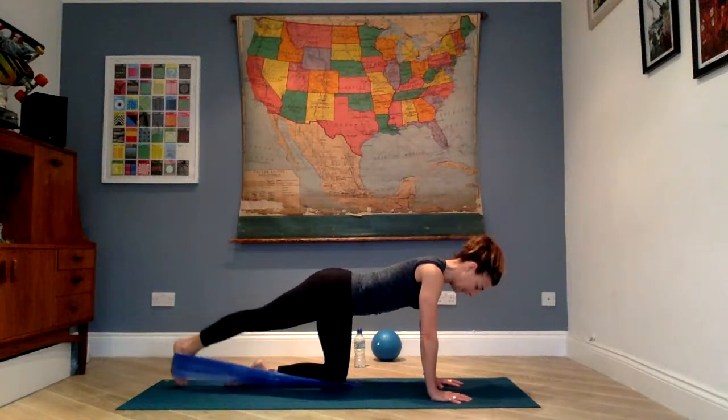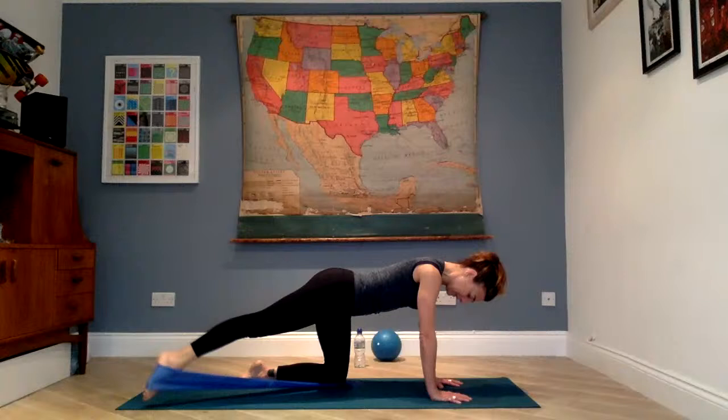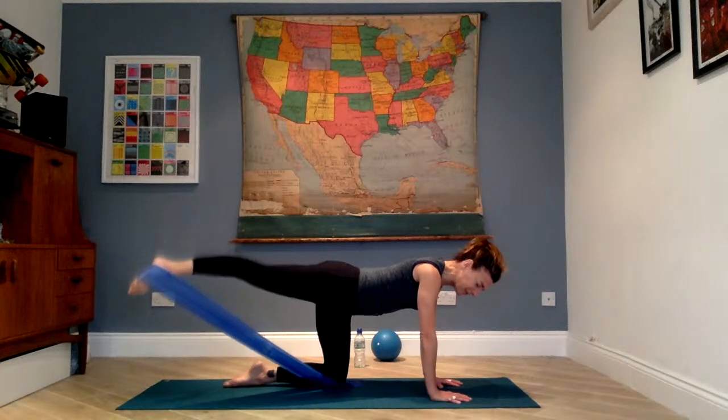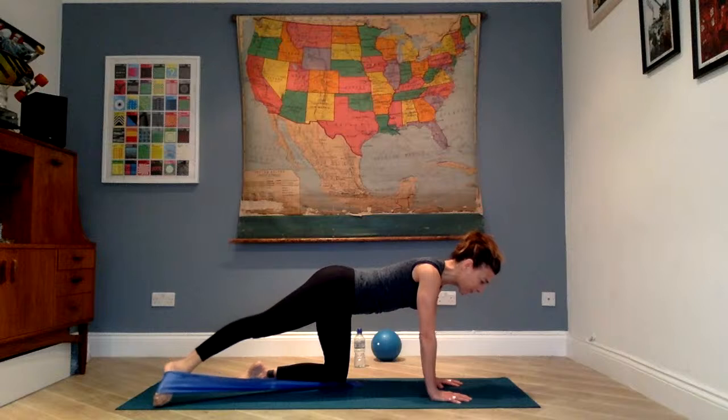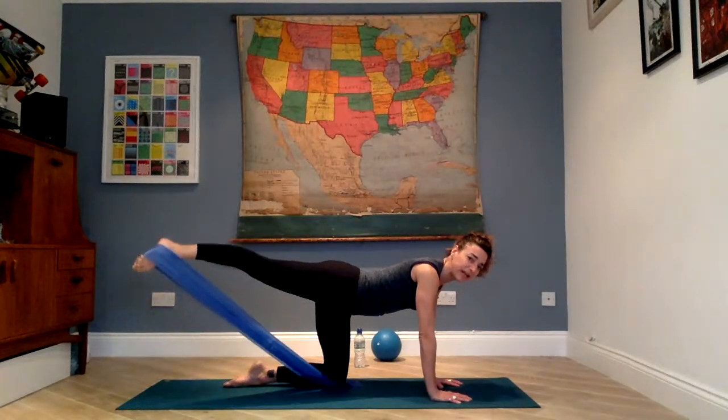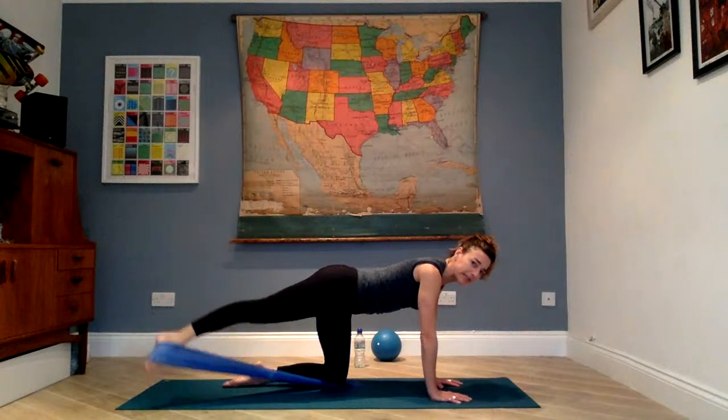Last 3 and 2. Hold this last one. Point the toe. Little turn out on that toe. Lift the leg a long diagonal. Squeeze that muscle. Feel that twitch in the corner of your hip pocket as you lift that leg. So just attacking the muscle from a slightly different angle when you have that toe pointed and leg reaching to